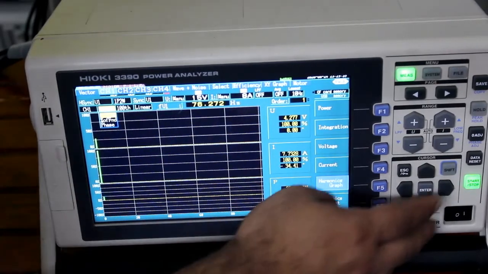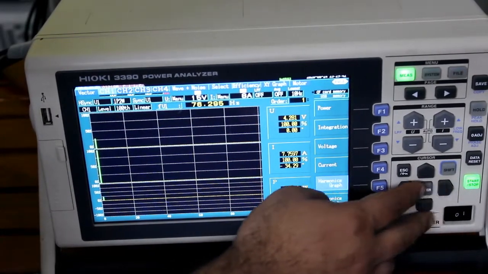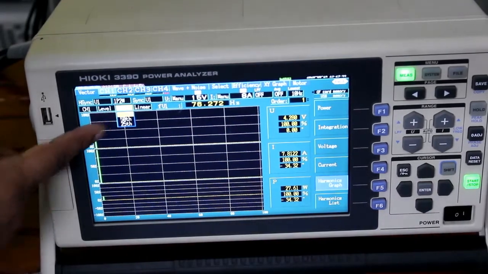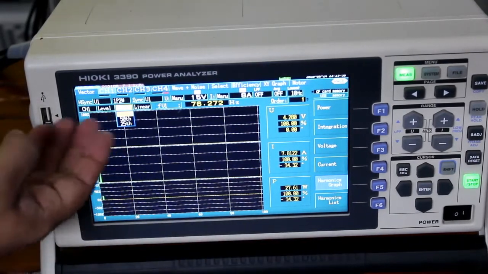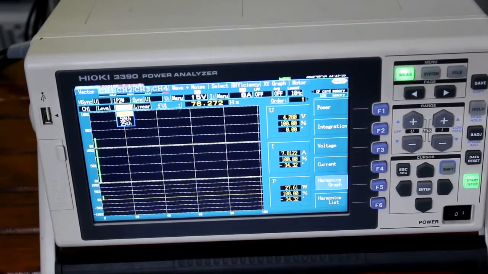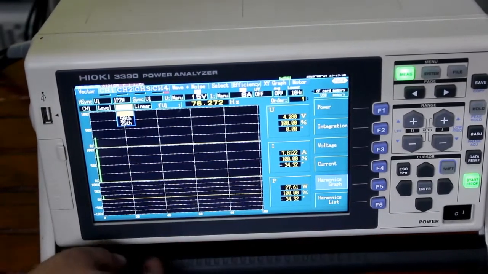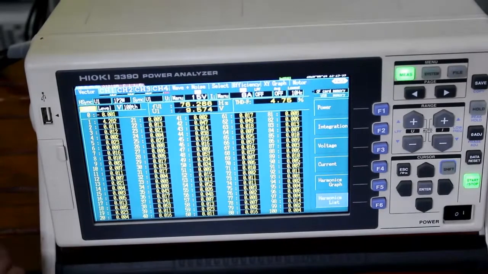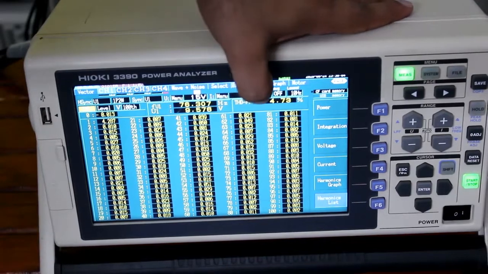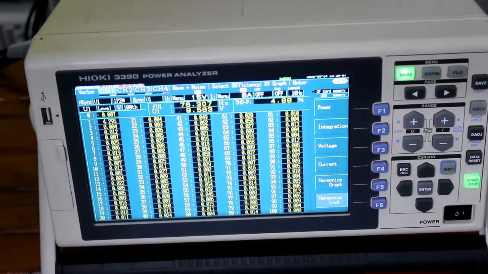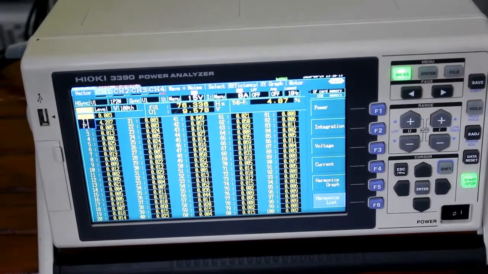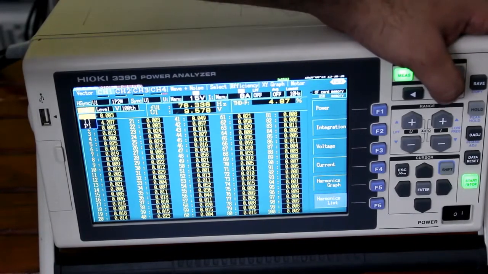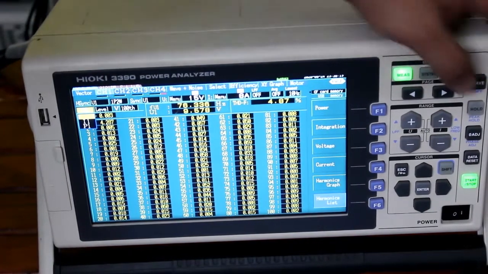In that, phase wise we can select the phases and the level, percentage of fundamental and the phase wise, and we can select it. This one can show up to 100 order, and we can see 100. We can select whether we want to calculate up to 50 or 25th order. That can be done. And harmonic list also we can see. Right now the basic THD is also coming up here. So like that we can see for each phase and related to voltage, current and power, the harmonics and all. So this is phase wise, 1, 2, 3, 4 we can do.